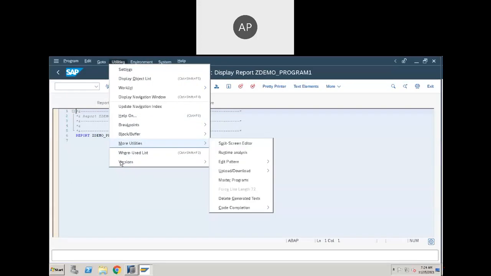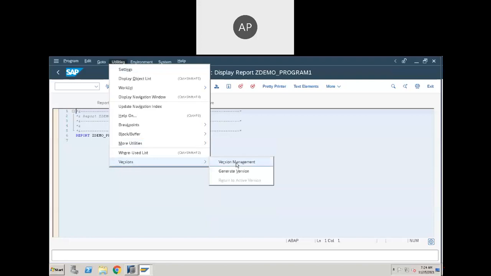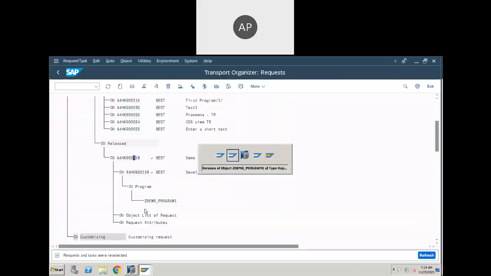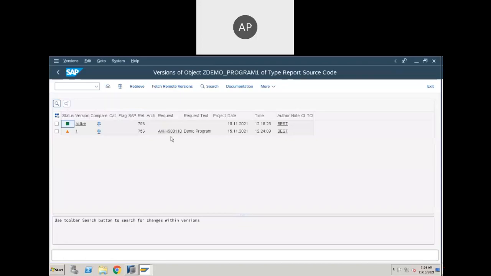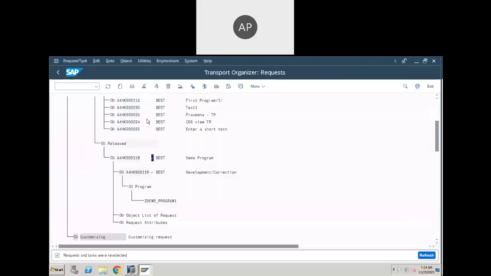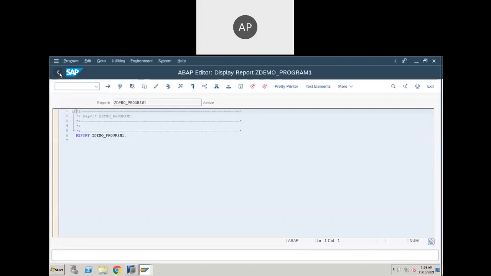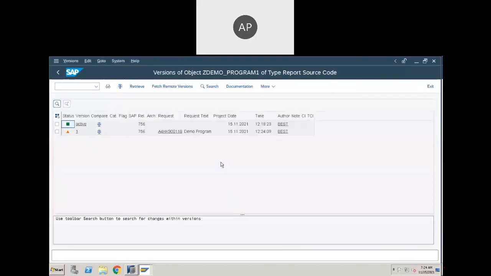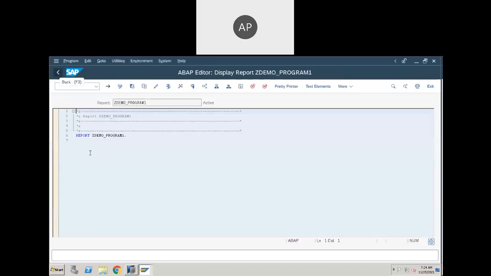Sorry, not transport organizer: utilities, versions, version management. You can see the transport request created for this program. We have already released this transport request, right? 118, yes. 118 is already released. So how can you check the transport request of this program? Utilities, versions, version management. You have to remember this, version management is very important. Okay. Let's try